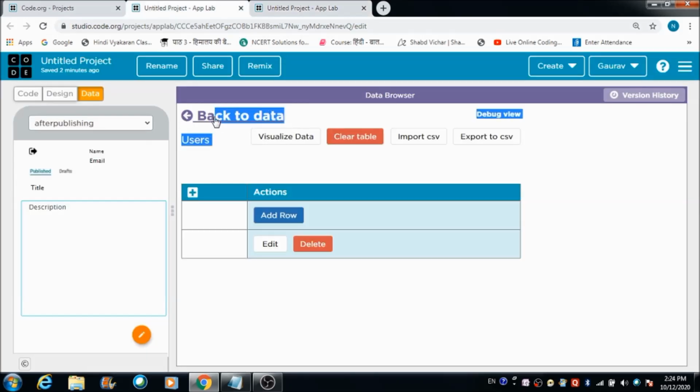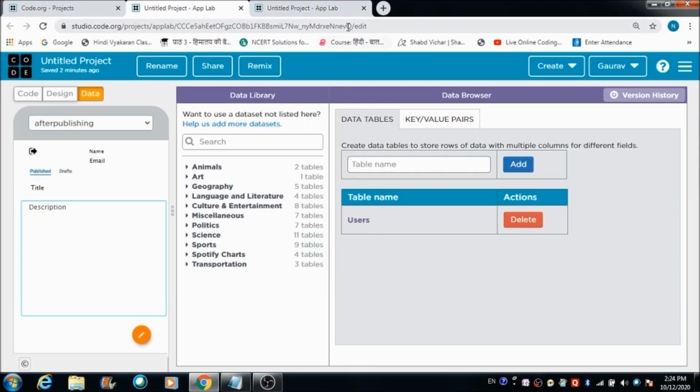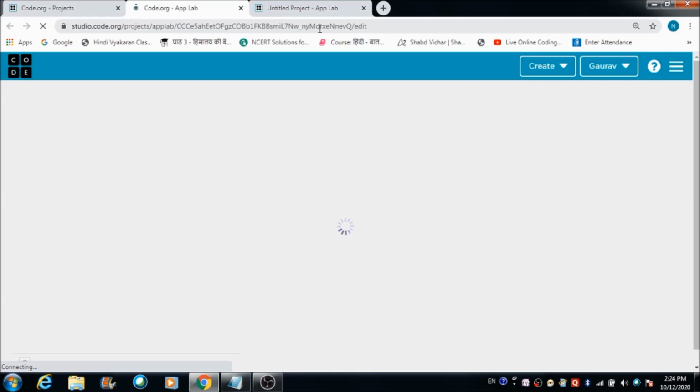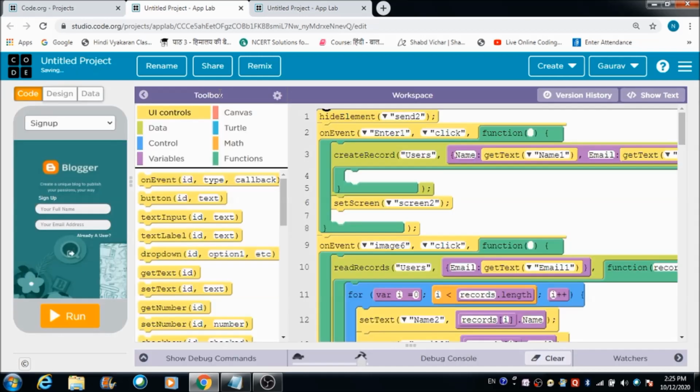Let's refresh the whole code once. If the code is not working, whatever you have defined, and if you are confident enough that your code is perfectly fine, just refresh the coding panel and run the application again.